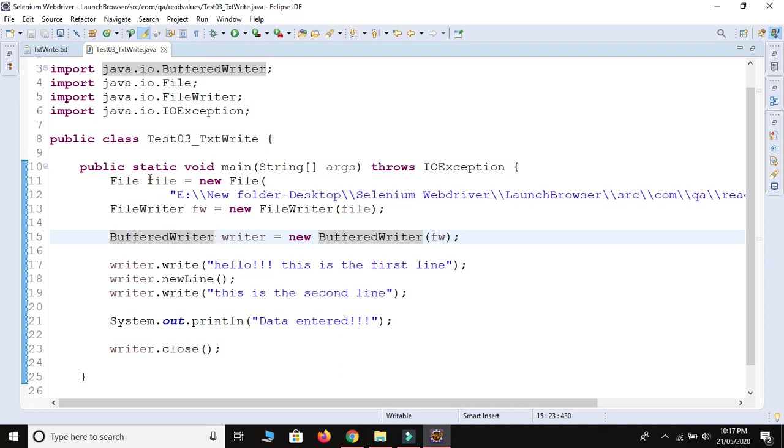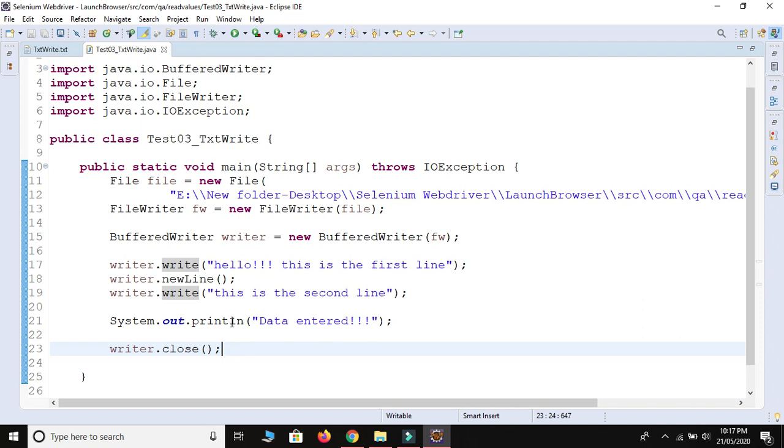We provide the reference variable to the new constructor, we provide the file here, then we provide the fw FileWriter here, and then using this writer we write something with the write method, and to jump into a new line we use the newLine method. After writing each and every sentence we need to close the writer, so we use the writer dot close method. Just Control Shift F and Control Save.